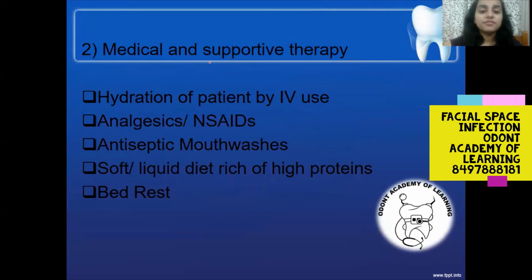Second is the supportive therapy that we spoke about. Supportive therapy is, we must always keep the patient hydrated. If the patient is unable to eat anything, we can always give saline. Okay. And if the patient is in pain, analgesics or NSAIDs can be given. Antiseptic mouthwashes keep the intraoral area clean and also prevent any sort of other opportunistic infection. Then keep the patient on a liquid diet and preferably a high protein diet, because that will build up the cells which are lost, and advise the patient complete bed rest.